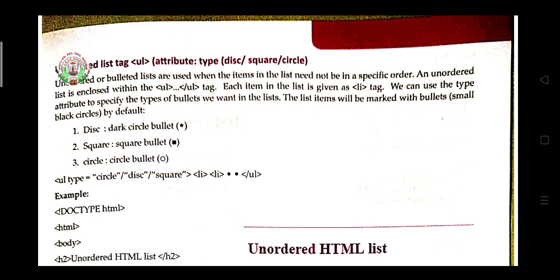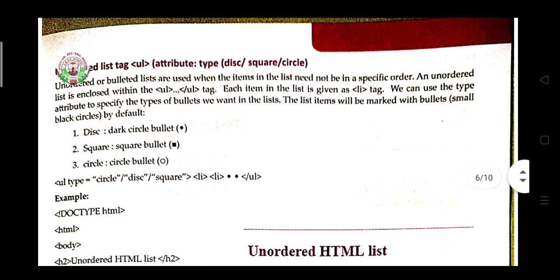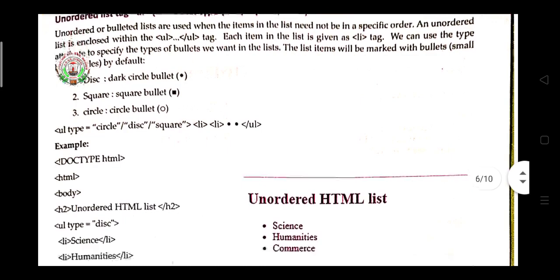If you want to show a particular sign while writing the unordered list, you can use the attribute values disk, square, and circle. Each item, each line that you write in the list, you indicate with the help of the li tag. So here, UL in angular brackets, type is the attribute of UL, and in quotes circle, disk, or square is written.